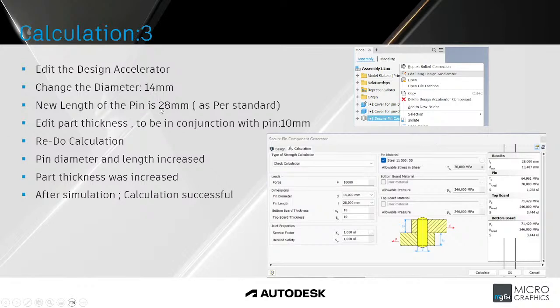Now you'll see the new length of the pin is 28mm. So that is as per the standards and specification. All the pins come in different sizes, different diameters, but it's still specific diameters with specific lengths. So in this case, I just edit my part thickness to be in conjunction with the pin. Because if you've got a 10mm part but a 28mm length pin, it will stand out quite